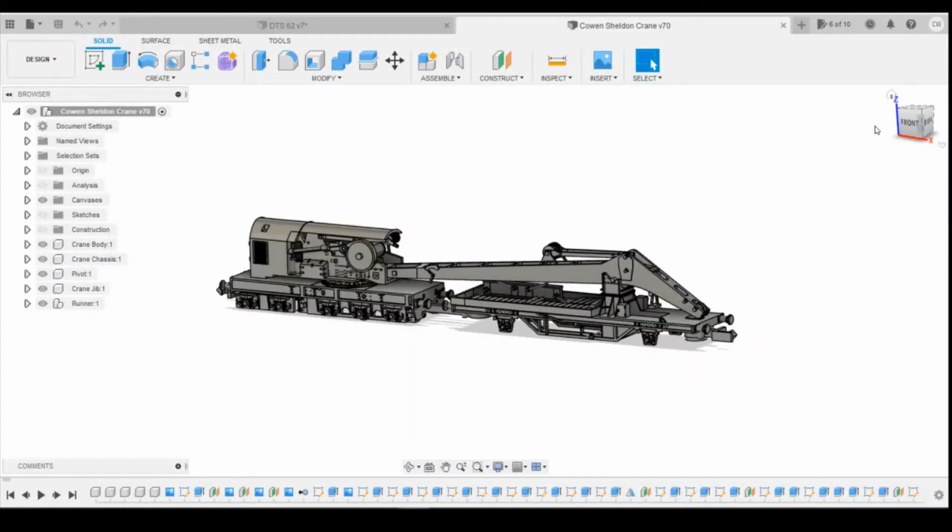Hello and welcome to 3D Drawing for Your Model Railway. I think this is going to be the last video in this series. Today we're going to finish off by drawing the crane hook itself, and then at the end of the video